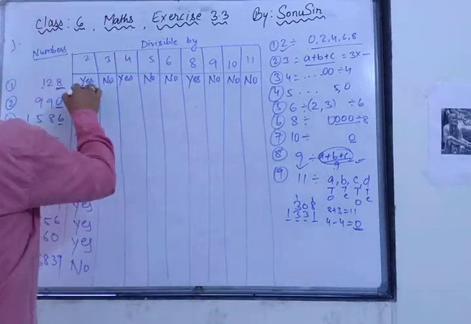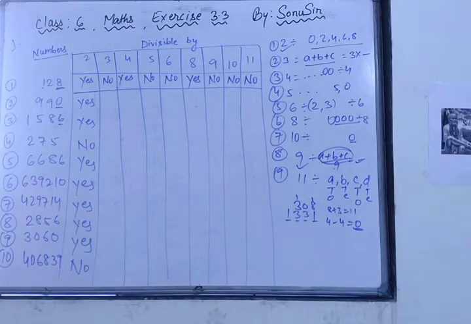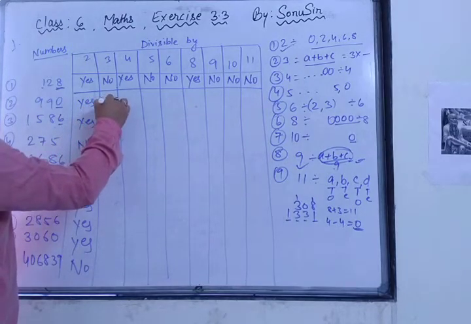So as you have seen, the first column I have solved, right? On the second column, can you tell me? So 9 plus 9, 18 plus 0, 18. Is 18 a multiple of 3? Yes, this is divisible by 3.